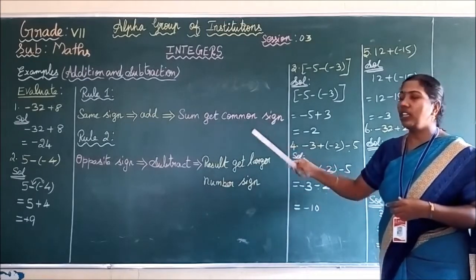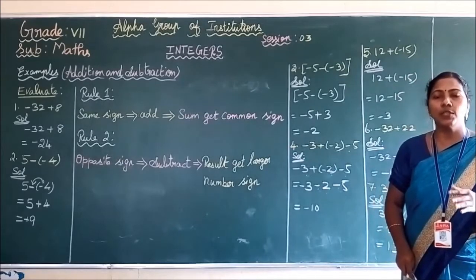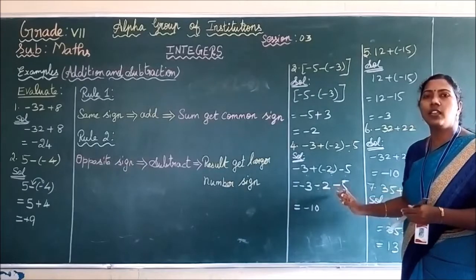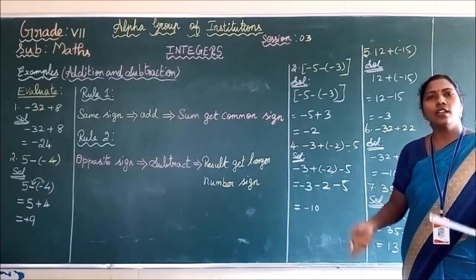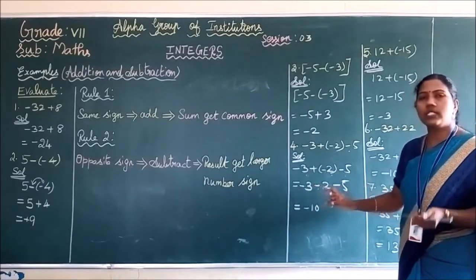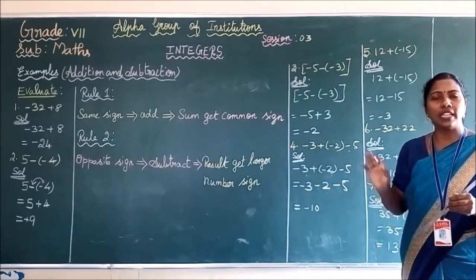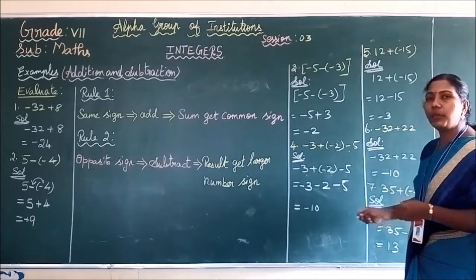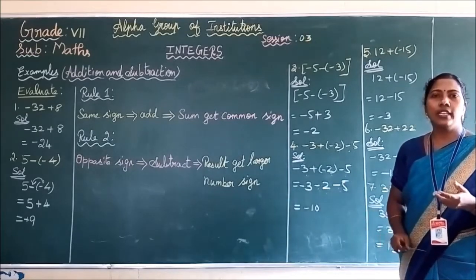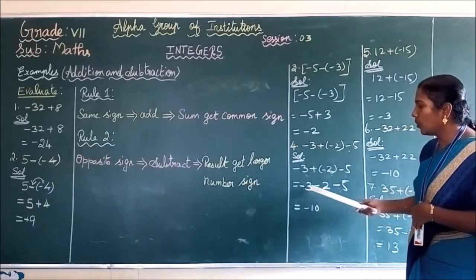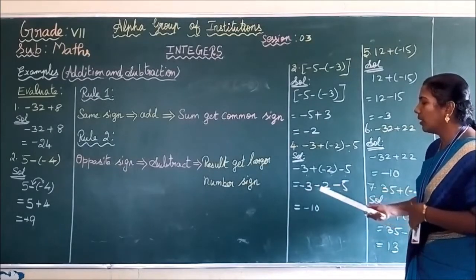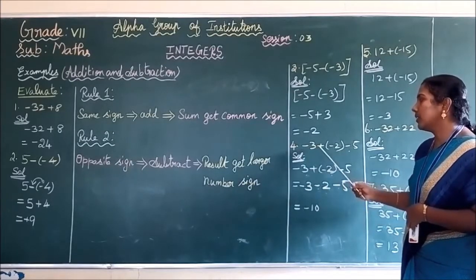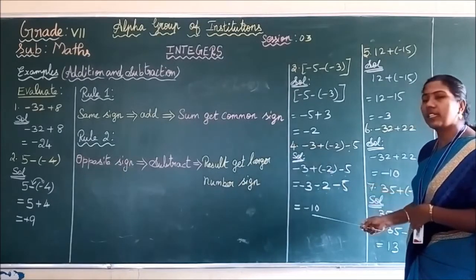According to rule 1, if the given integers are in the same sign, what do you have to do? You have to add the integers, whether it is 2 integers or 3 integers or 30 integers or 300 integers. If the given integers have the same sign, you just add them. So ignore the sign. What are the numbers? 3, 2, 5. 3 plus 2 plus 5. What do you get as the answer? 10. And the sum takes the common sign. What is the common sign among these numbers? Minus. Thus the answer takes the minus. So adding minus 3 with minus 2 with minus 5, you get the answer minus 10.